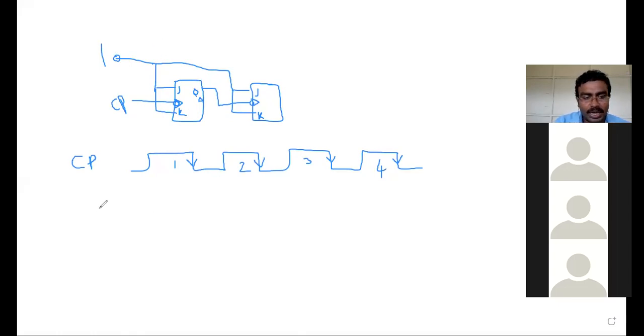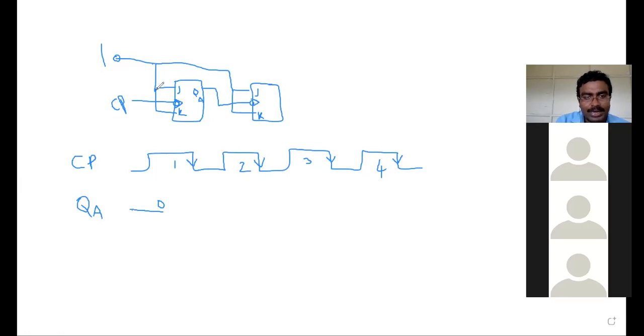So initially, I'm assuming that my output QA is at 0. For example, I'm taking 0, nothing else. You can take 1 also, nothing to worry. I'm assuming that initially my flip-flop A is at 0. So I'm placing 0 here. Students, tell me, if my present state is 0,